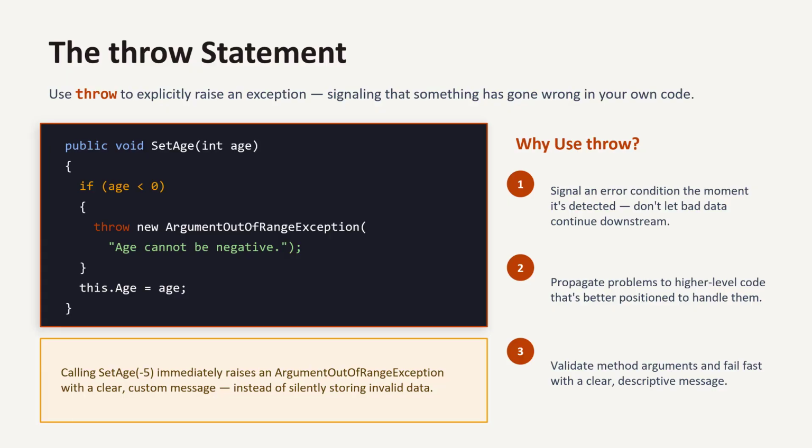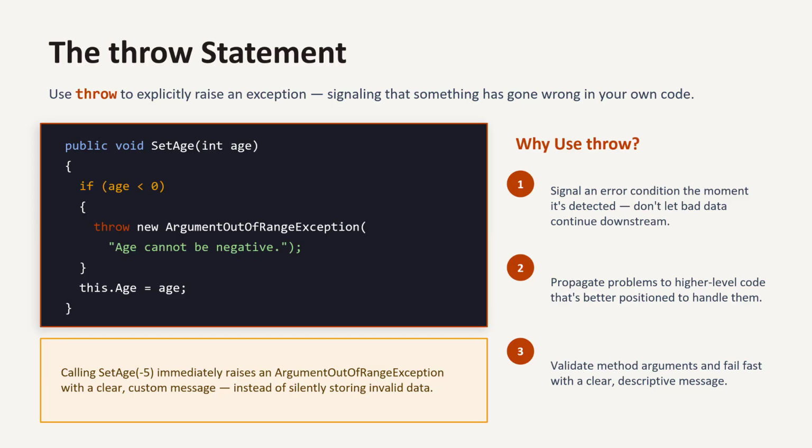So we've talked about catching exceptions that the .NET runtime throws automatically, things like divide by 0, file not found, and so on. But you can also throw your own exceptions intentionally using the throw keyword. And so this is how you signal that something in your code's logic has gone wrong. So take a look at our example here with setAge. It takes an integer age, but before it does anything else, it checks. If age is less than 0, that has to be invalid. So instead of silently storing that bad value, we throw a new ArgumentOutOfRangeException